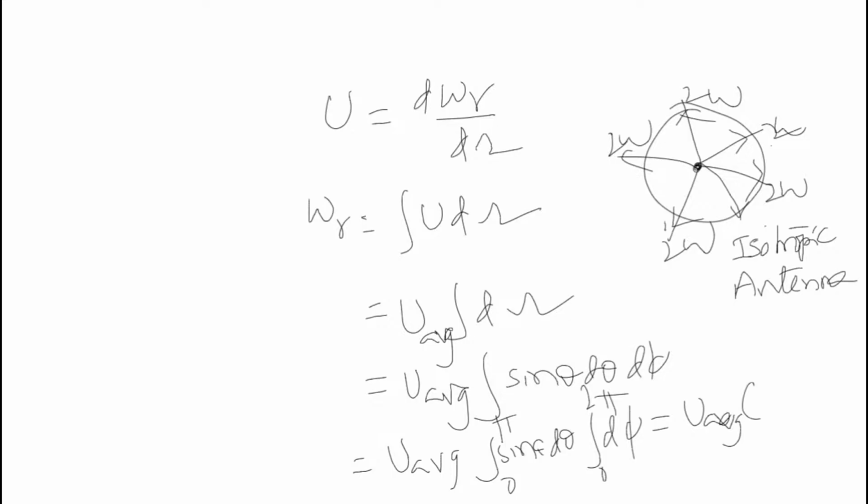By substituting the limits, cos pi value is minus 1, so we get minus of minus 1, minus 1, that is minus of minus 2, which gives 2. Finally, we have U average into 4 pi. So therefore U average is equal to